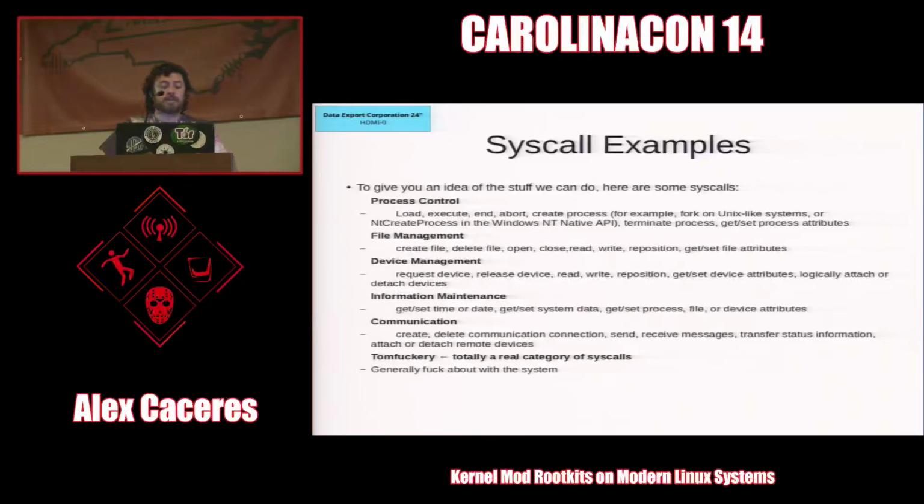Information maintenance, so this is where we can really start to do some anti-forensics stuff,